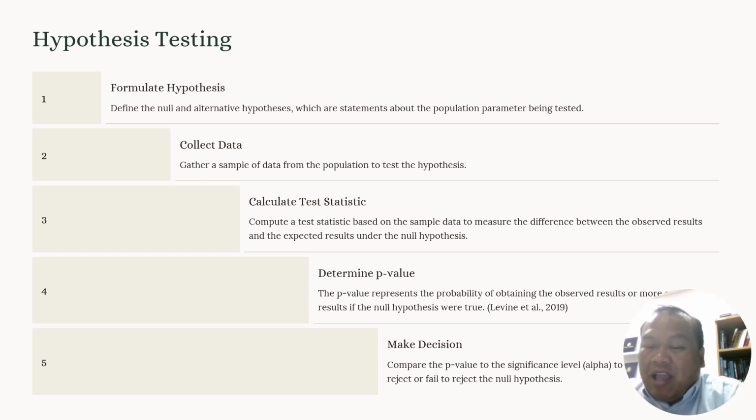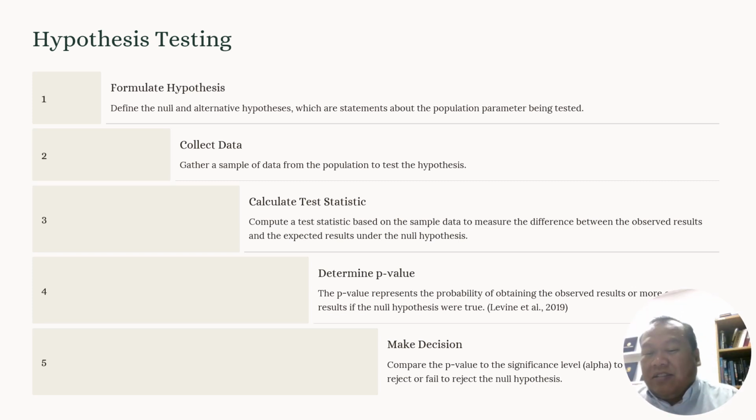I will explain the determination of p-value in another video, even the computation of the mean, median, mode, I will share in another video. Even the computation of the standard deviation, I will share in another video. In the computation of the variance, I will share it in another video because these are complicated ones. I'm just giving you a run through of what we are going to be talking about for this entire academic quarter.